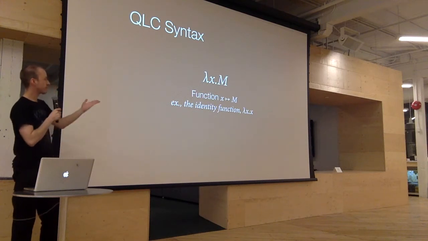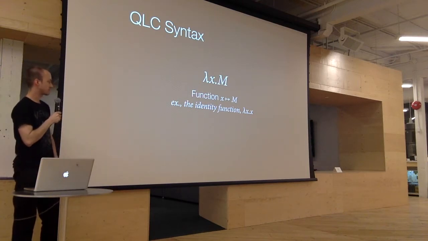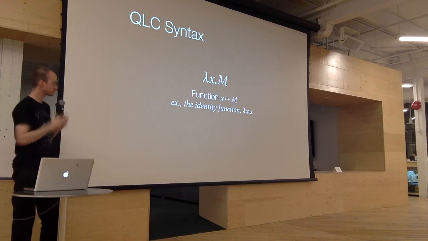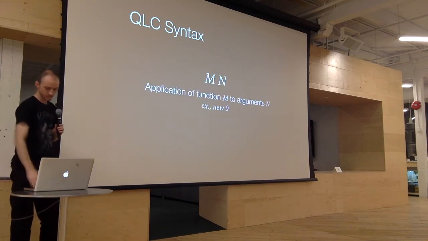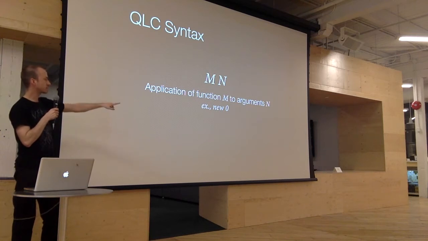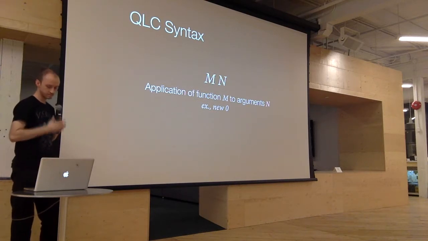And this is how you define a function. This can be used to define either type of higher order function, and it operates much the same as it does in the classical Lambda calculus. And this is the application of the function m to the argument n, and in this case 0 is the argument and m is the function.